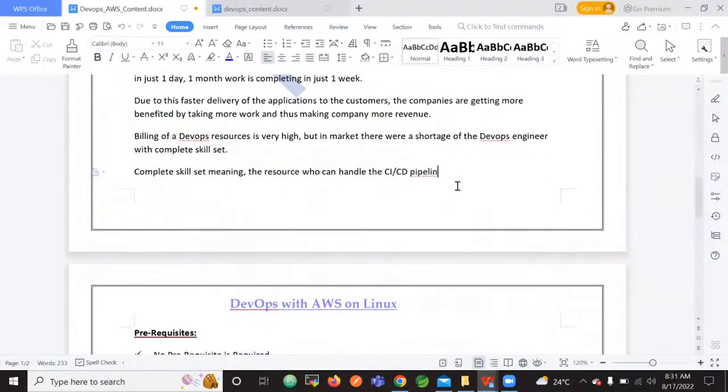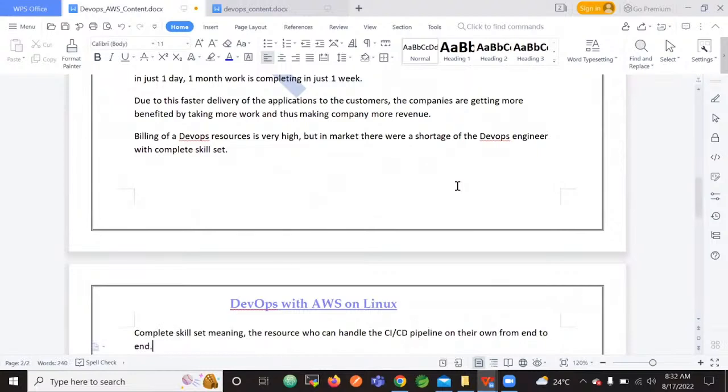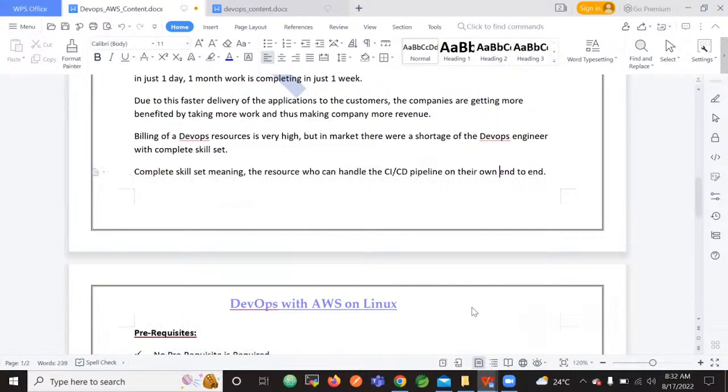Complete skill set means the resource who can handle the CI/CD pipeline on their own from end to end. So that is the reason the opportunities are more on the